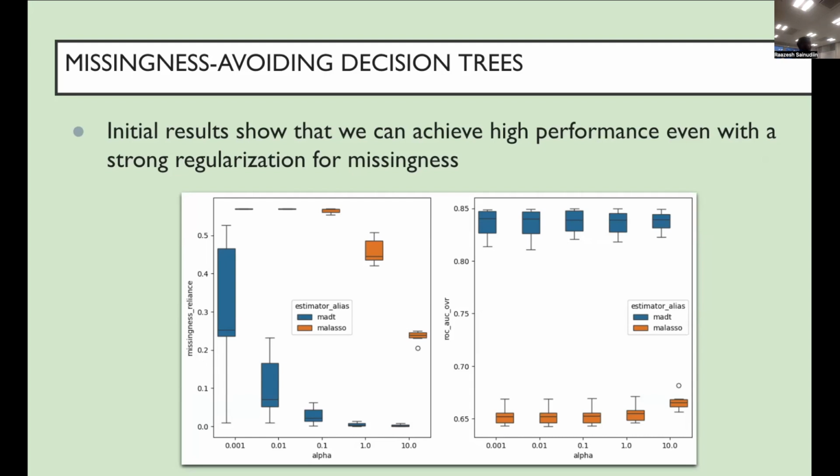The blue boxes are the missingness avoiding decision tree, and you can see that we can minimize reliance on missing values while maintaining performance. We also include a lasso model here. That's not part of the WASP project, but you can also build other types of models that avoid relying on missing values. So it seems to work, but